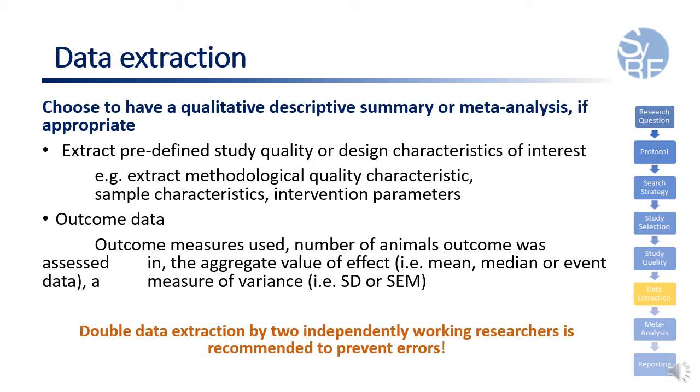It's important that you pre-specify these variables and set out what you will extract from studies exactly in your protocol at the beginning of your review. To reduce bias and human error, we advise that you have more than 2 independent researchers extract data. And to deal with any disagreements, the independent extractors can discuss discrepancies with input from an additional review author if necessary.